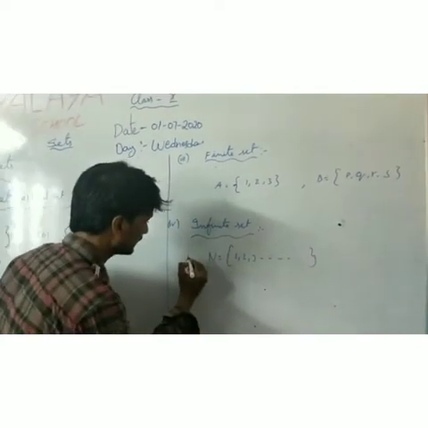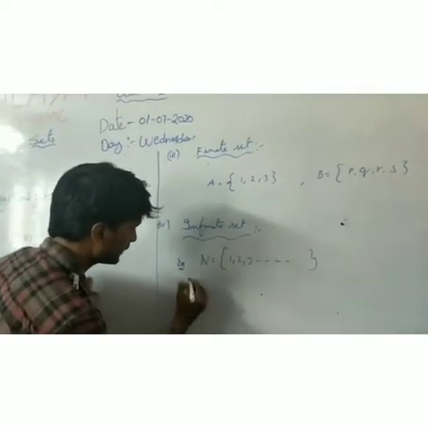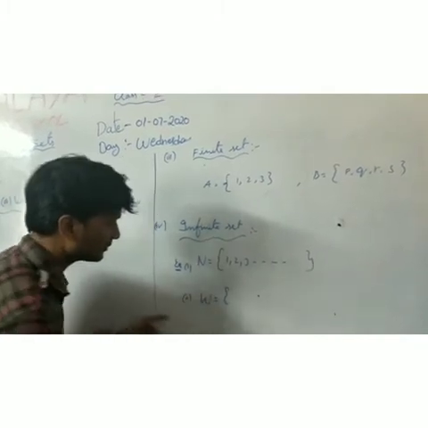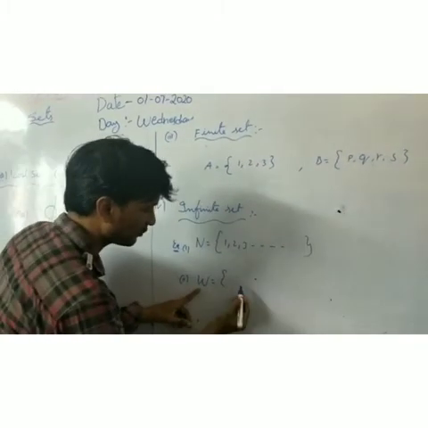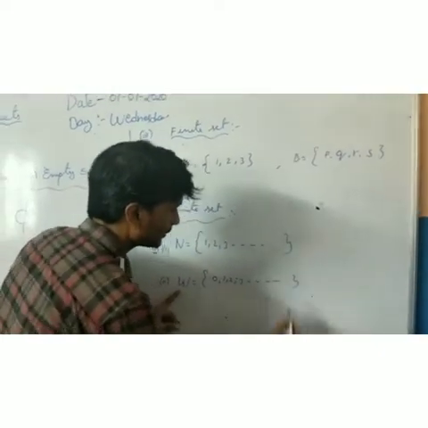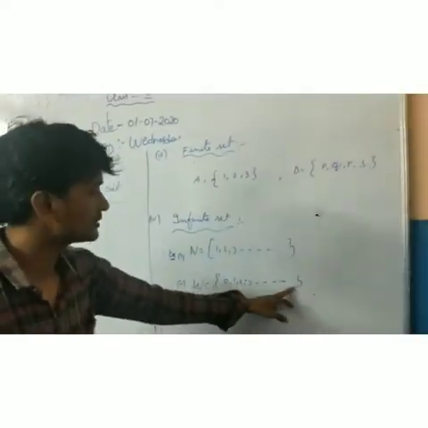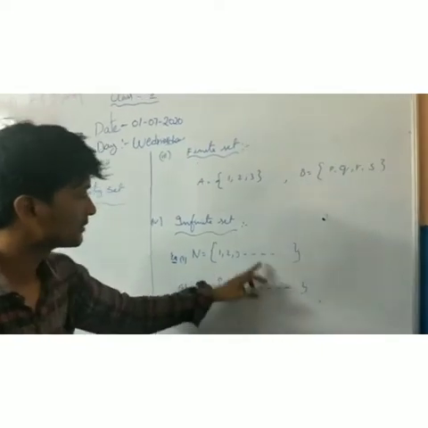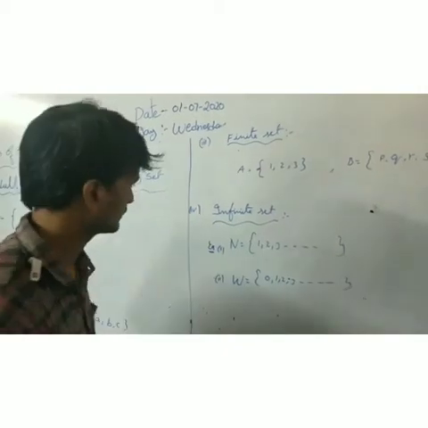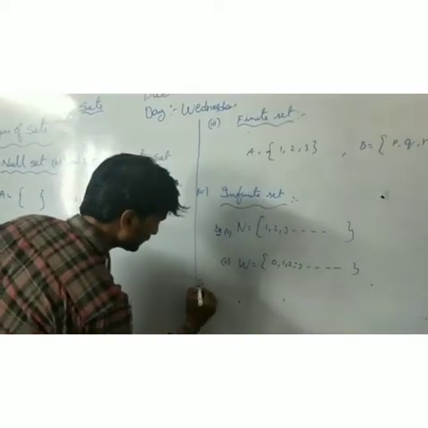And similarly, another example: capital W. Capital W means the set of whole numbers, 0, 1, 2, 3 and so on. Here also the ending number, largest number, we cannot say. So here also uncountable numbers will be. This type of sets are called infinite sets. And the fifth one,